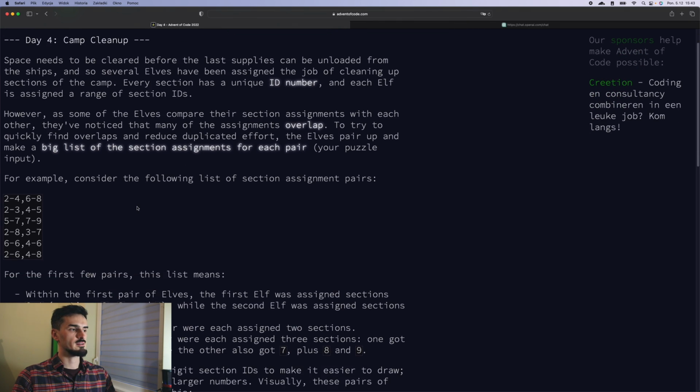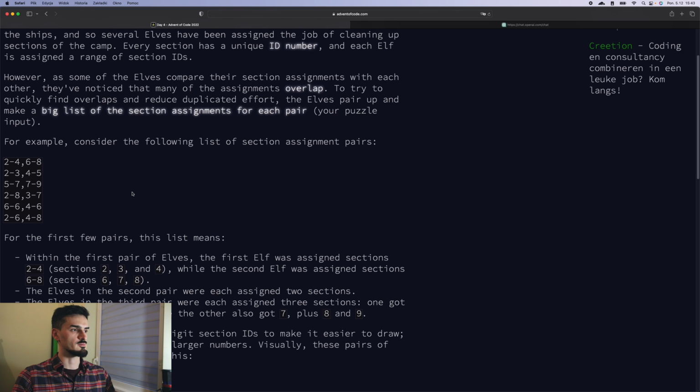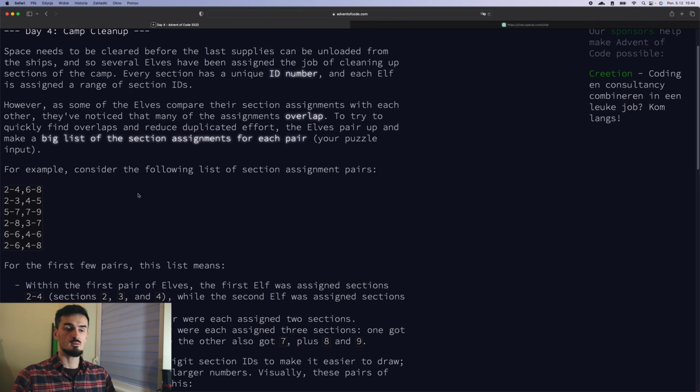Okay, so basically the idea is that we are getting access to a text file that will be reflecting all the assignments for the elves that are somehow involved in this initiative. This text file contains the following content. Every single line contains a pair of assignments, and as you see here, the first line represents two groups. Within the first pair of elves, the first elf was assigned to sections 2 to 4, and this is this part, while the second elf was assigned to sections 6 to 8, and this is this part,